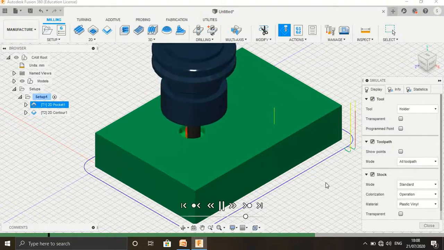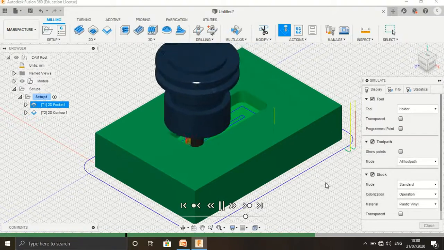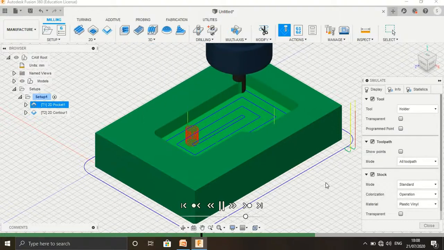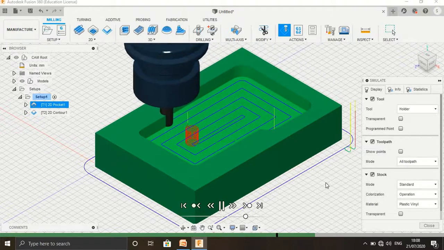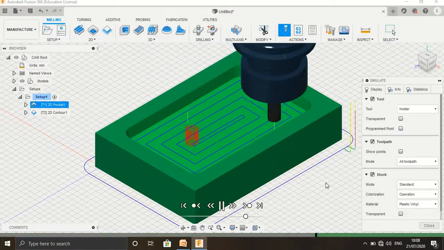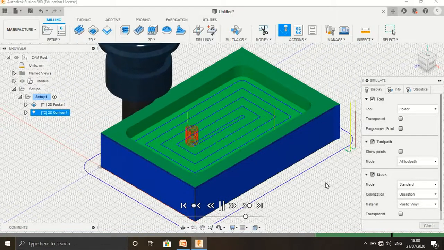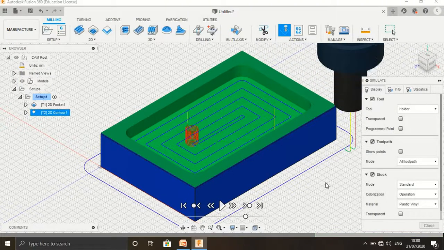So the pocket initially started with tool number 1, and the blue colored line shows the tool path. And the second process, the 2D contour, where the external 3 mm extra metal is removed by the tool.